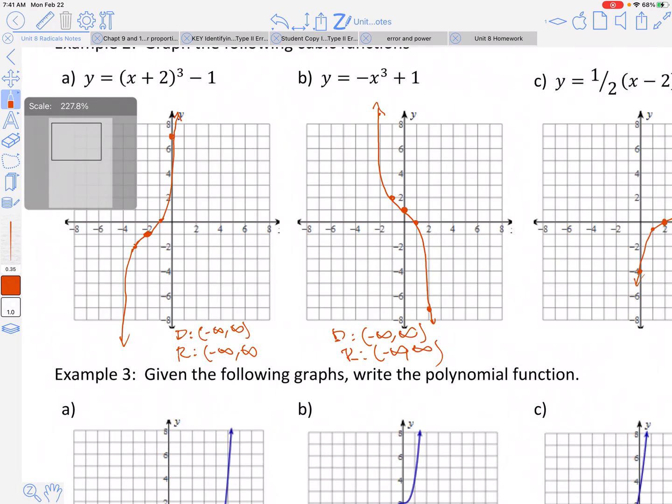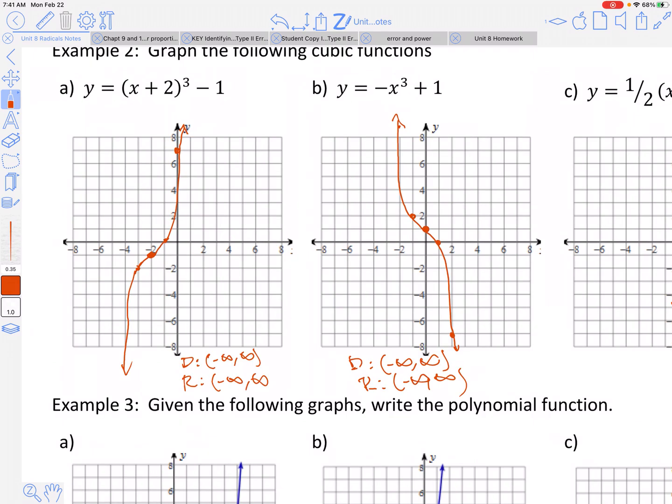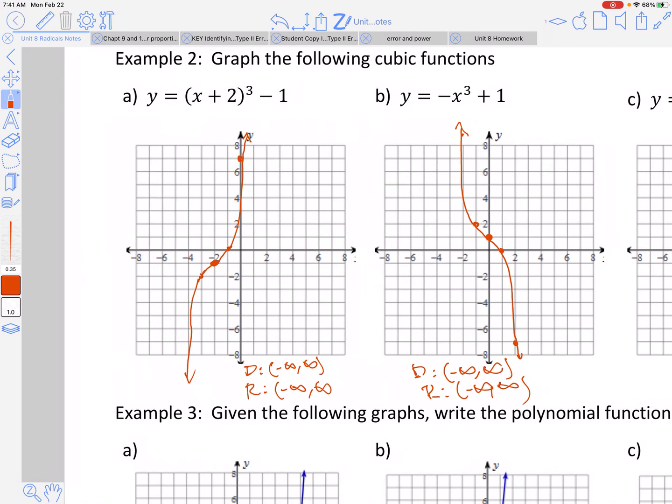And then looking at a few graphs real quick, I just used the transformation rules. Remember the parent function starts at 0, 0. So I went left 2, down 1. And then I like to plug in points personally. You can look at the parent function, and because there's no stretch, you know it'll move at the same rate, so you can kind of look at those points. But anyways, I start at -2,